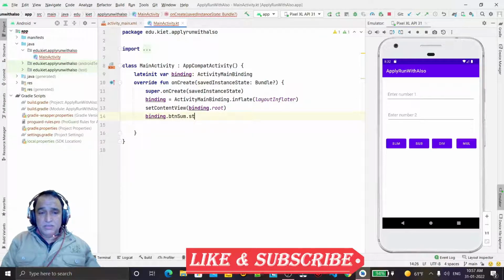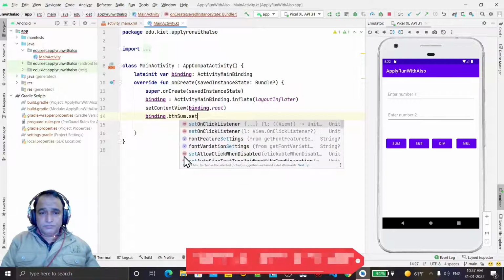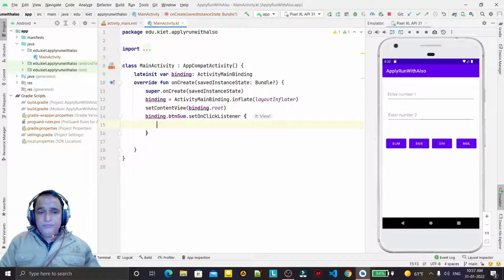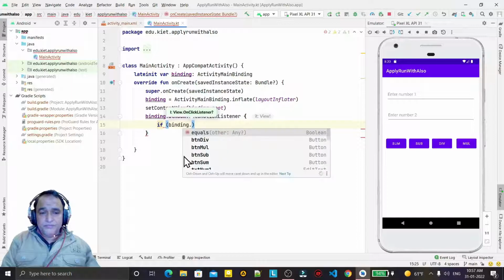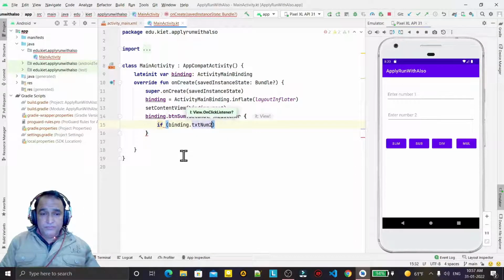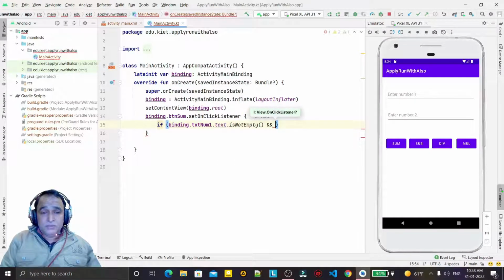dot setOnClickListener, like this. Now what I do, I check that if these numbers, binding dot txtNum1 dot text, is not empty, and same, binding dot txtNum2 dot text is not empty.